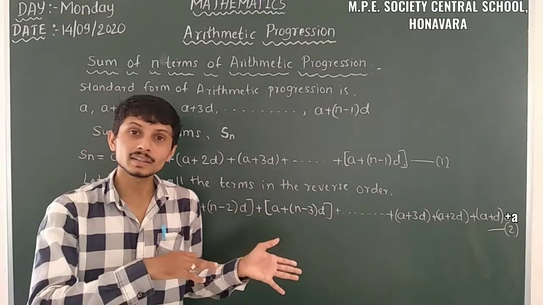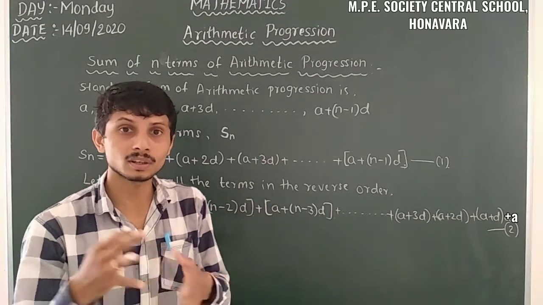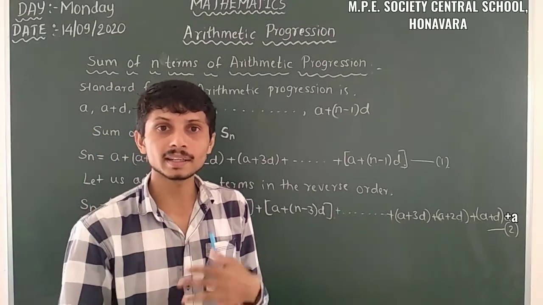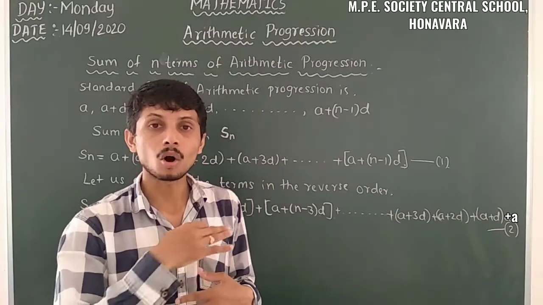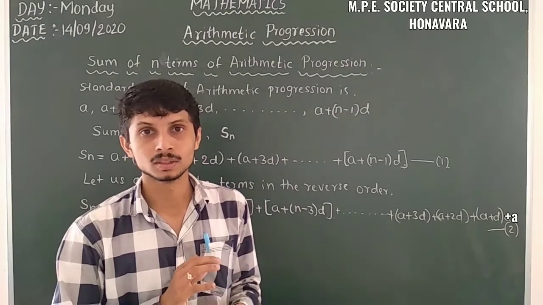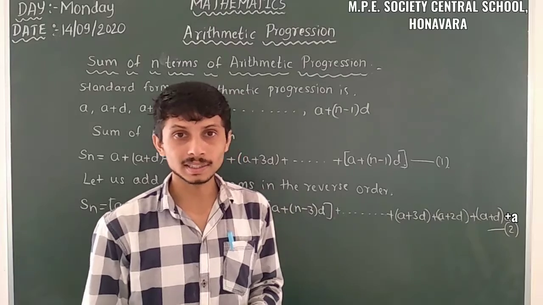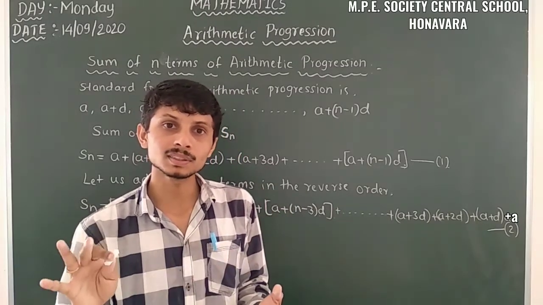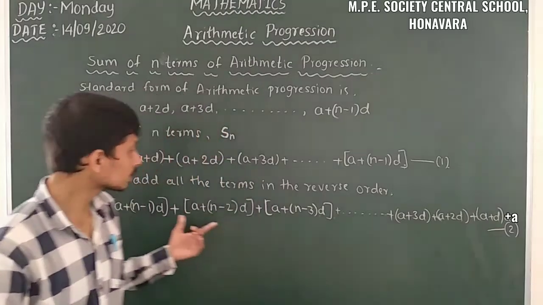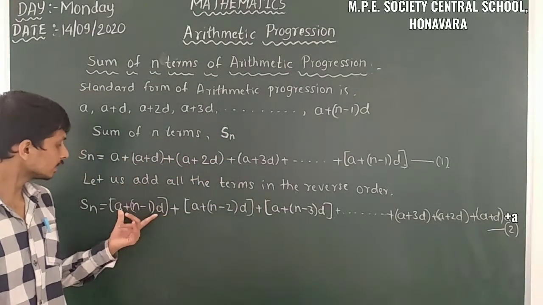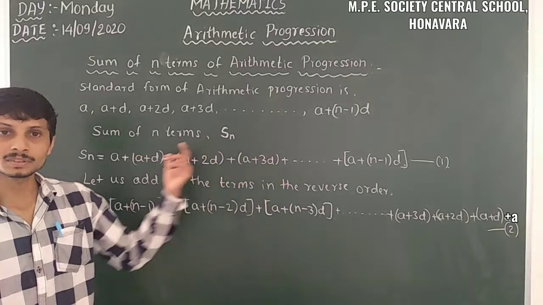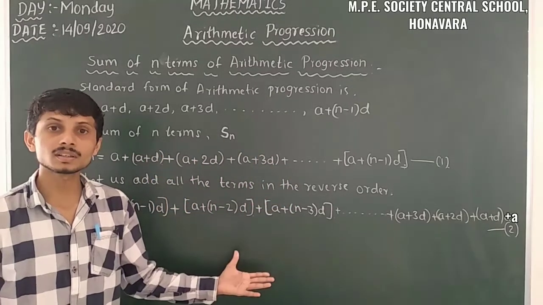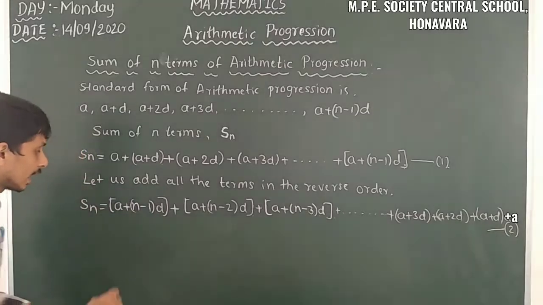So let us observe what happens. When we take the completely reverse order of the series and add those terms, all the terms become the same. So here also, when we add the first term with the last term, the second term with the second last term, and so on, all the terms become the same. So then adding 1 and 2.